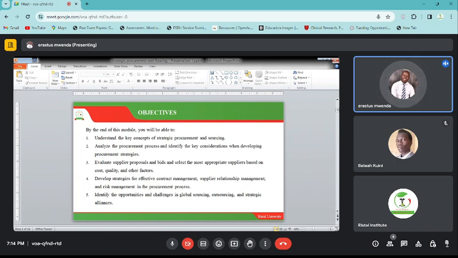So once we are doing these strategies, then we are going to find ourselves making choices, and we allocate various resources to position an organization. When we are talking about resources here, of course, for you to do sourcing, for you to get raw materials, you need resources in the name of finances. And therefore, when you do not have these finances, you are likely going to find yourself in a lot of trouble.